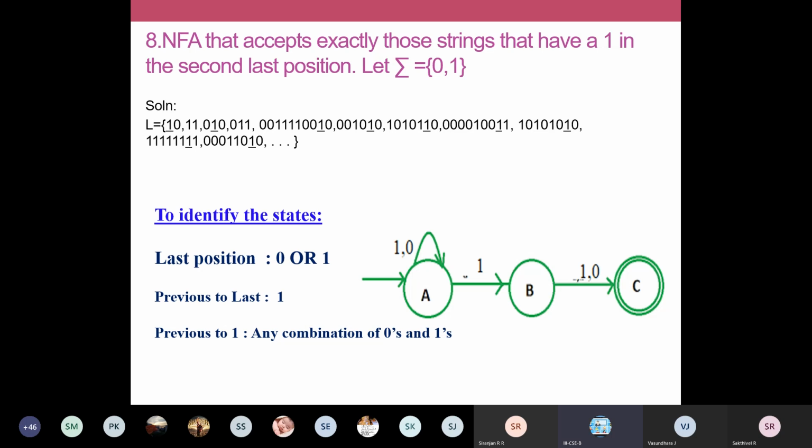You can check with any other strings like the 4th or 5th string. I'll take the 6th string, 0, 0, 1, 0, 1, 0. Till the second last symbol is reached, for whatever symbols come, 0, 0, 1, 0, we remain in the first state A itself. Then on reading this 1, we make a transition to B. Then on reading the last symbol, which might be a 0 or 1, we move on to the accepting state. That's how we traverse through your NFA. Once again, remember, whatever we have constructed now is an NFA. How can we say this is an NFA?